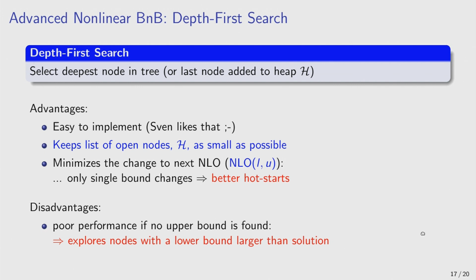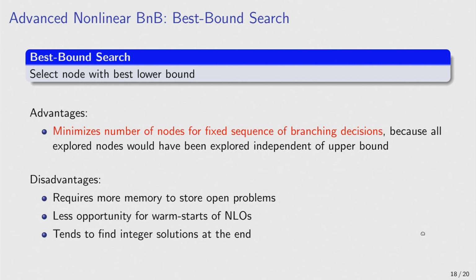And it minimizes the change to the next nonlinear optimization problem, because all you're changing is one bound. If you bounce around the tree from side to side, then many more things change, and so this is better for hot starts. But it doesn't work very well if you just rely on this. So you have to switch to other things, and best bound is a good strategy where you select the node